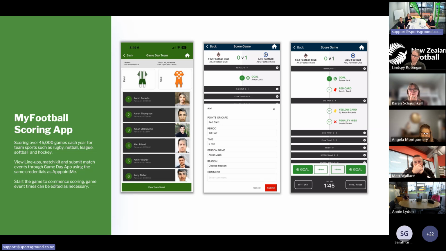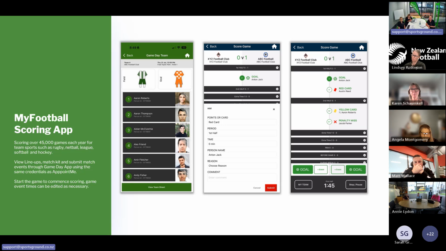So that's right down to junior and youth also is able to use a scoring app. There is also a separate method for entering scores via web as well, but the scoring app tends to be by far and away the most used method, both for setting the team sheets as each team will confirm their own team lists, and then for the scoring of those games.